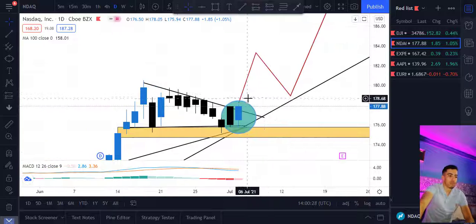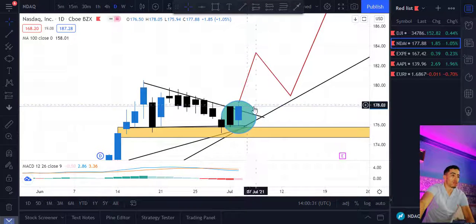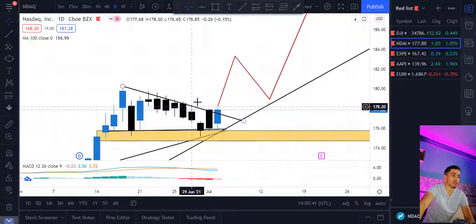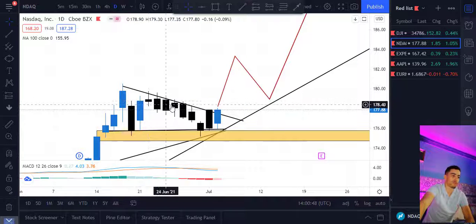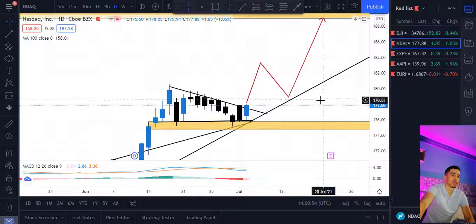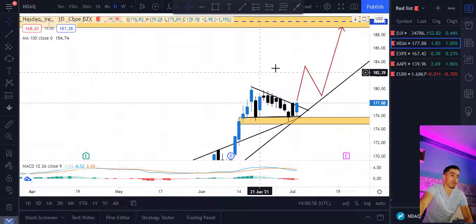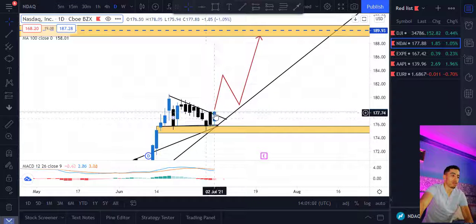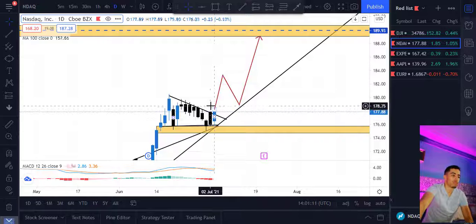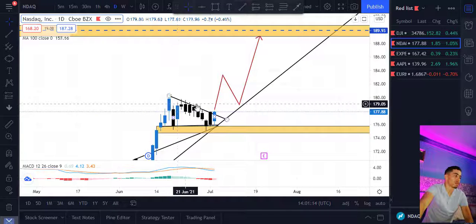So for that, I believe the price next week will go higher, especially if we have more candles that break this descending triangle and close above these bearish candles, 1, 2, 3, 4, 5 candles. If it closes above, we confirm that we are going bullish in the next weeks. We can also take a buy from here if you are an aggressive trader. But if you are a normal trader without taking a lot of risk, you can let the price break, and after retest this zone right here,